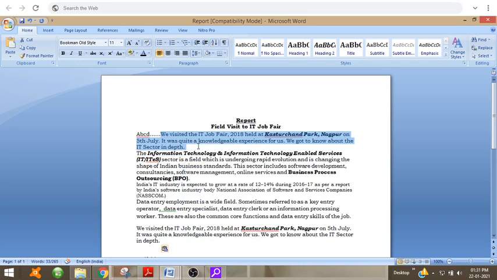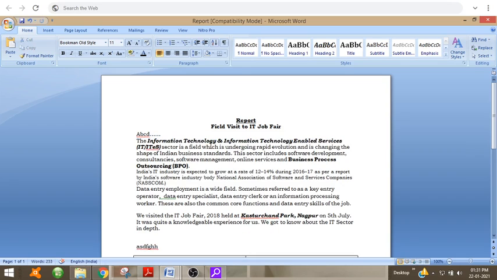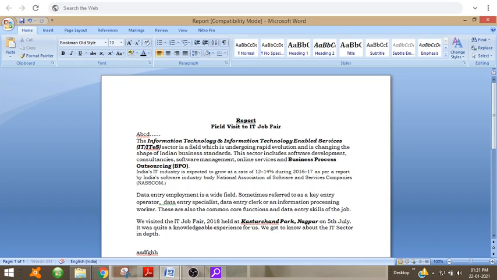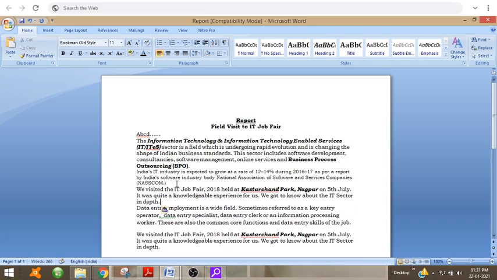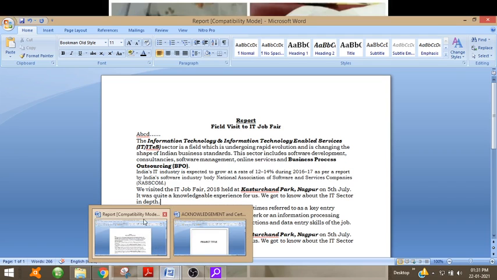Or I can use the keyboard shortcut, that is Control X. I press the Control key and the X key, and I will place the cursor where I want to paste. So I will press Control V. It has been removed from here and pasted here. So these are the Control keyboard shortcuts.